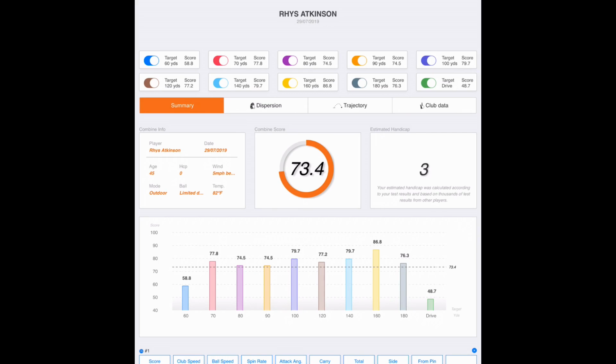So it scores you, and you can see my score there, 58.8, isn't particularly good, but as you go to the 70 yards, it's much better. So a little bit more comfortable at a slightly fuller distance there. And a similar sort of number when you get to the 80-yard target. 90 yards, similar again,